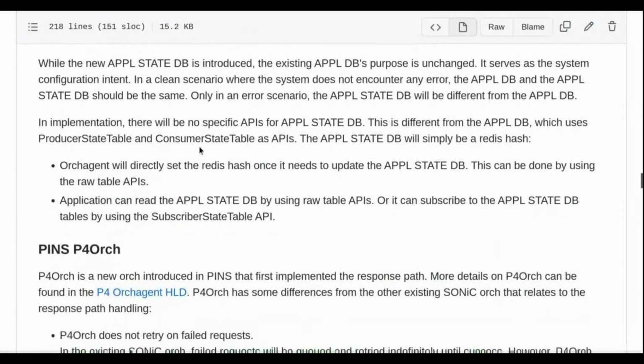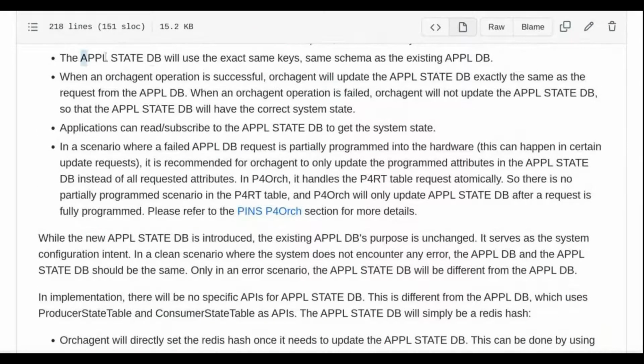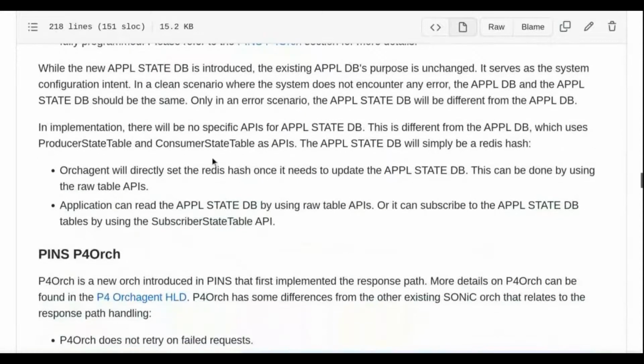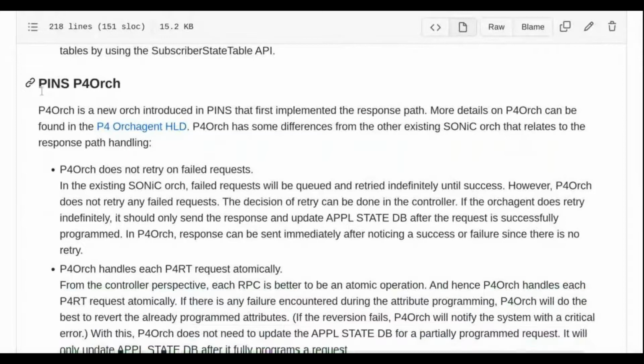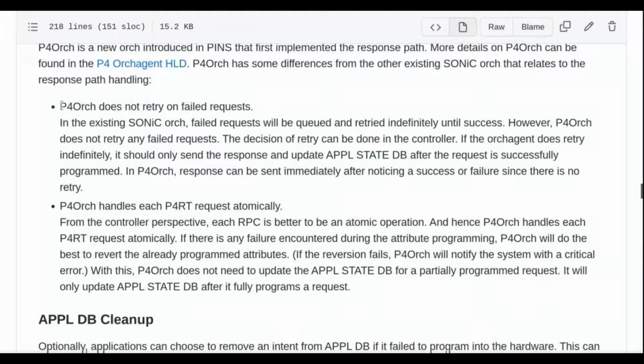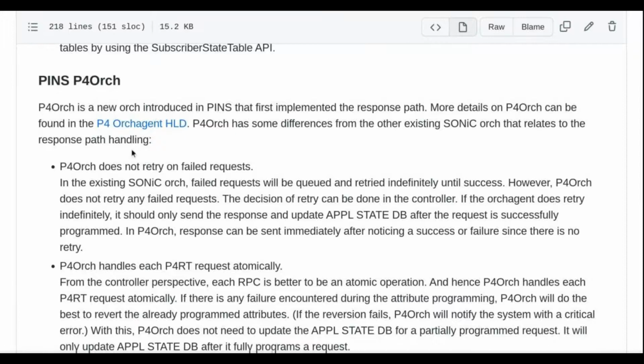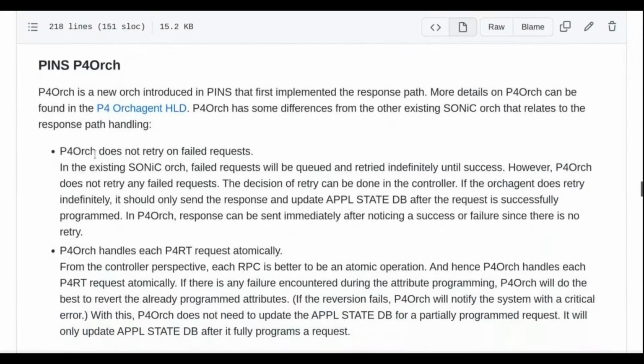So we don't use any API for this, just a Redis hash. That's what we do. A little point on P4 auth: since we mainly do this feature on P4 auth so far, there are some key differences in P4 auth compared to any other auth. The first one is that it doesn't retry. The second one is that it tries to handle each request automatically. With these two characteristics in P4 auth, we can integrate the response path and